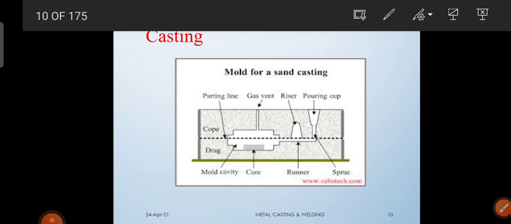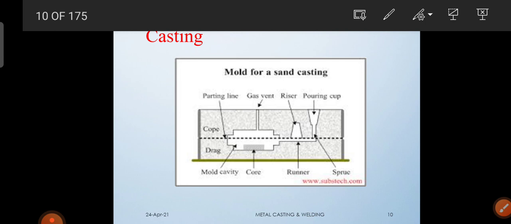After discussing this, for the other important parts of the foundry we are going to study pattern making, what is sand molding, and what is metal molding. Those are all things we will be discussing in the coming session.